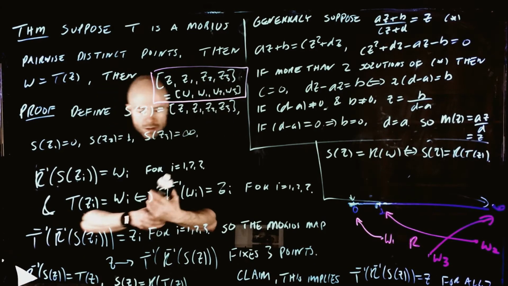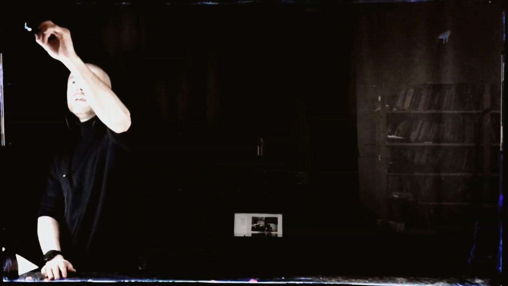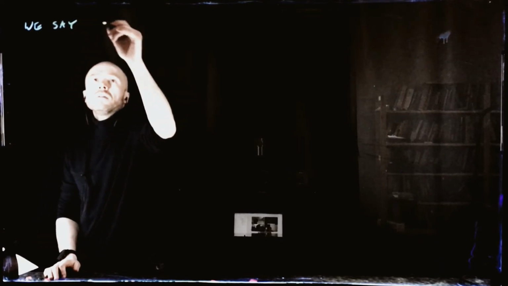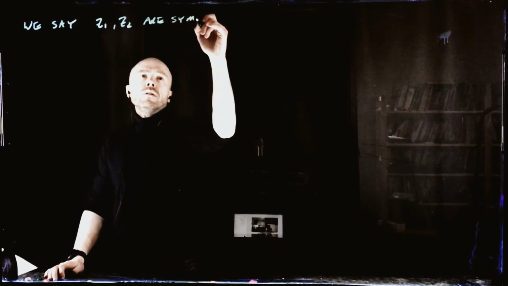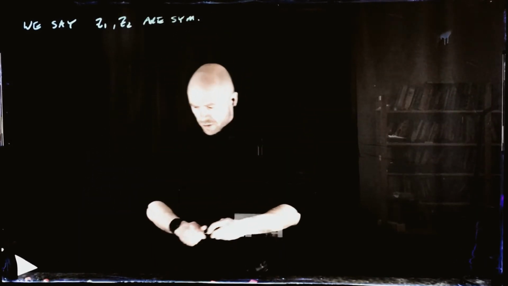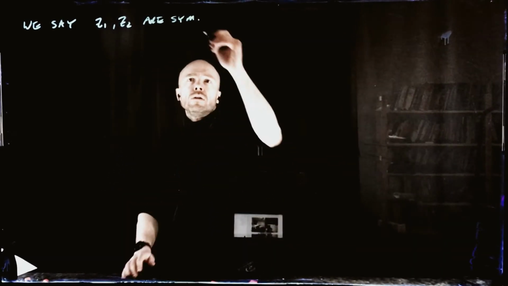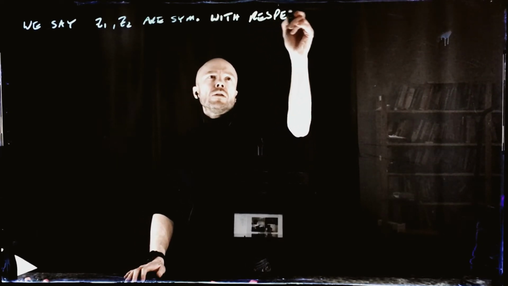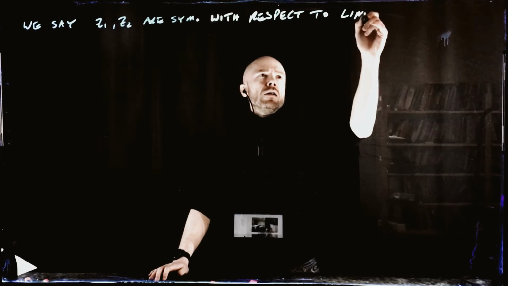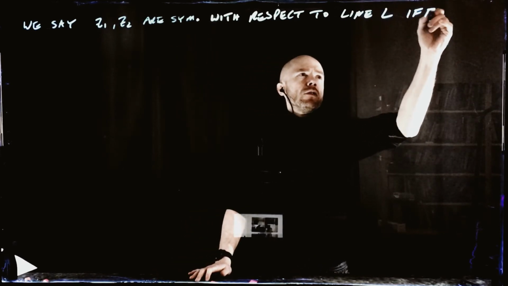And I'm going to give you, actually, maybe give you first a warm-up of what we mean by symmetry with respect to a line and then with respect to a circle. Okay, so we say Z1 and Z2 are symmetrical. I'm going to write sim. for symmetrical from now on because I'm going to use the word symmetrical over and over, with respect to line L, if and only if